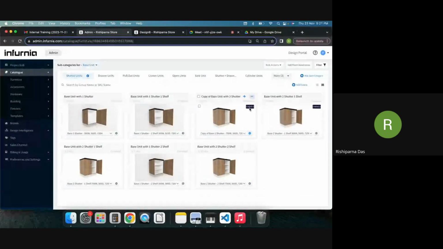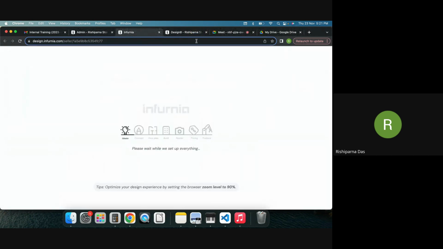The difference between owned and non-owned is that this particular non-owned product is owned by Infurnia, so you cannot make changes on it. But if something is marked as owned here, that means your organization's catalog manager owns it, and you can make any amount of changes on it. So if you go into the SKU structure of this particular cabinet, then generally